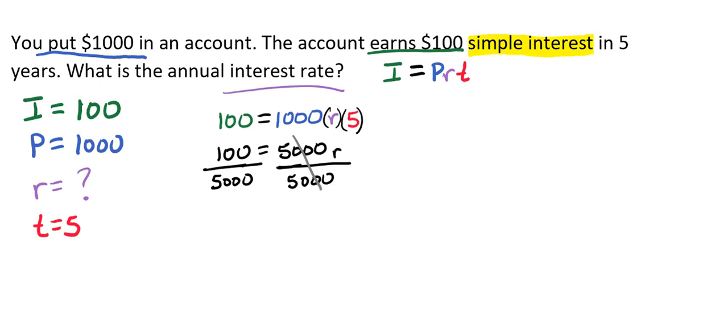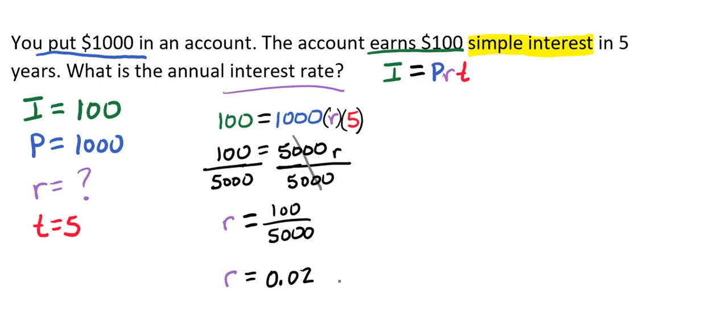So our rate is going to be 100 divided by 5,000. So if we put that into a calculator, we get an R value that equals